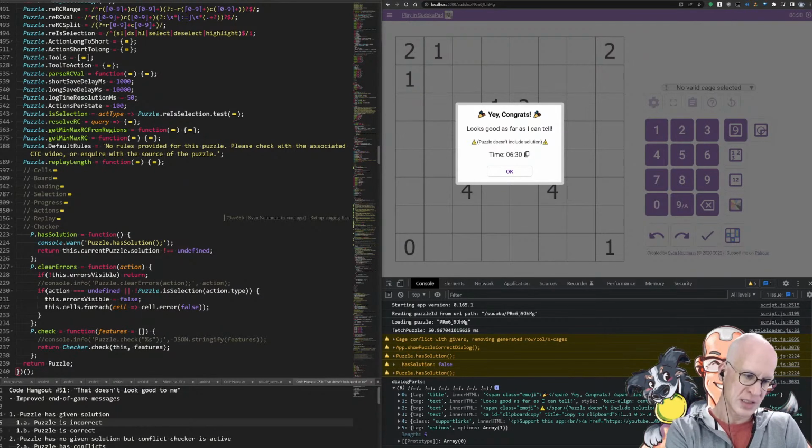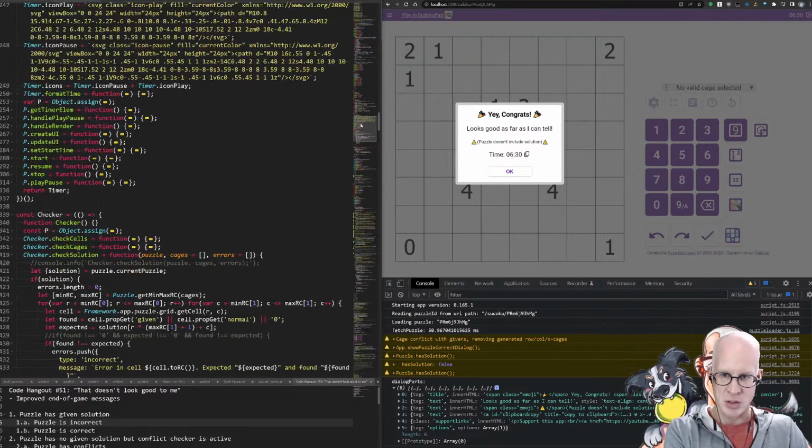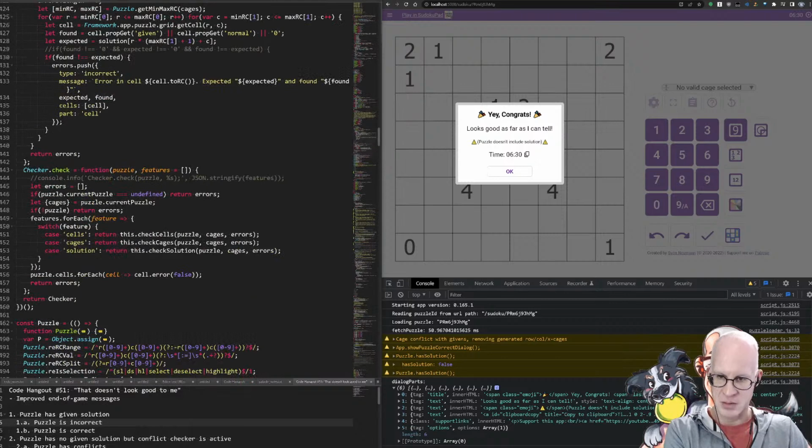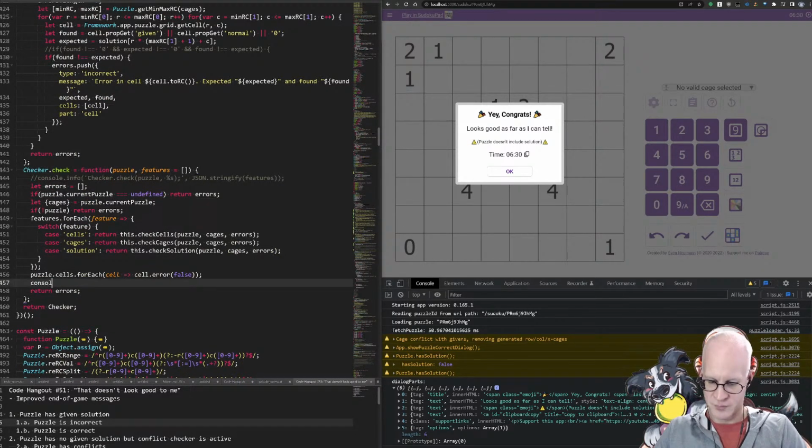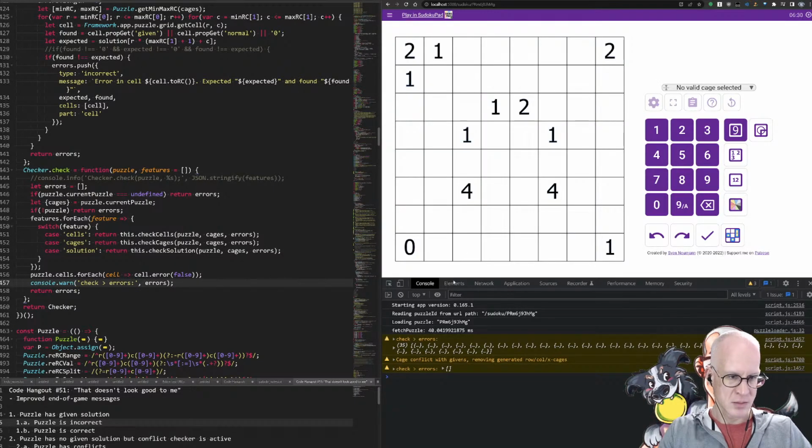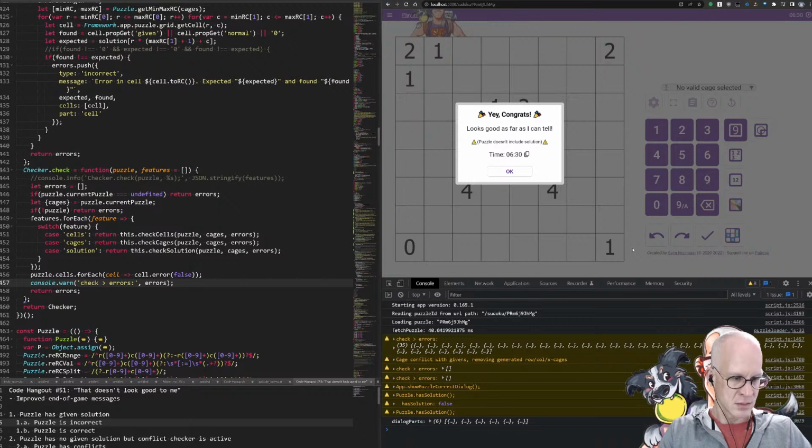So, on a puzzle like this, what does the error checker do? How does it handle this? How does it handle that? Error checker errors. So it doesn't come through with any errors.